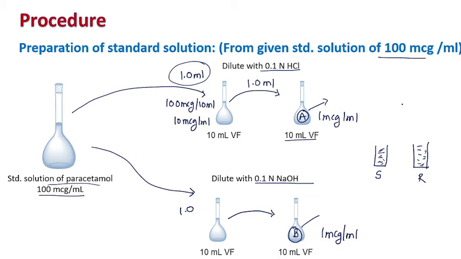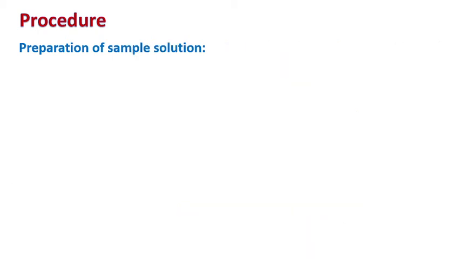Because you have a double beam spectrophotometer, the beam which is coming will be split into equal intensity, and one beam passes through the sample and one beam passes through the reference, and the instrument automatically calculates and gives the absorbance, which we refer to as delta A, that is the difference in absorbance of your standard. So this is how you can record delta A of the standard solution. You will get certain values which you can note down here. Okay, I hope you understood about the standard solution.